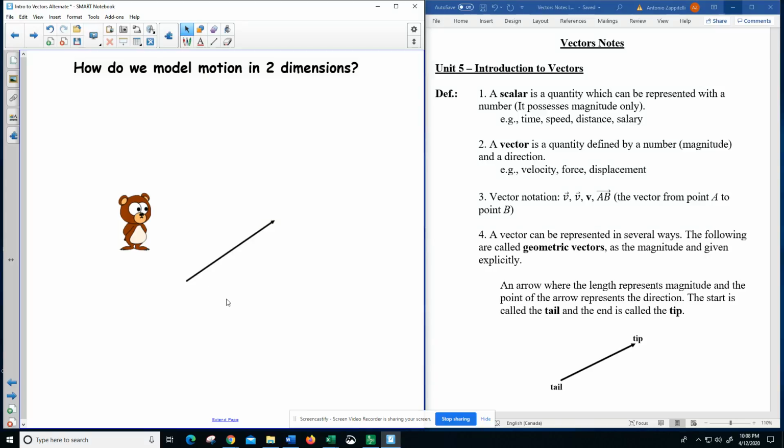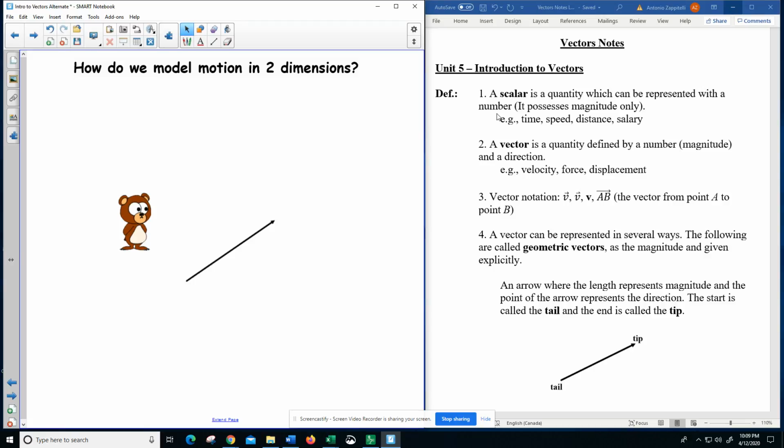All right, so let's start taking a look at some of these notes here. So a scalar is a quantity which can be represented with just a number. So something for which direction either doesn't make sense, like salary, how much you make, whether you're traveling in the east direction, west direction, doesn't make a difference, or a quantity where we don't really care about the direction. So for example, if we're just talking about a distance that's traveled, whether it's traveled in the east direction or west direction, if that's not of any importance to us, then that's described by a scalar,